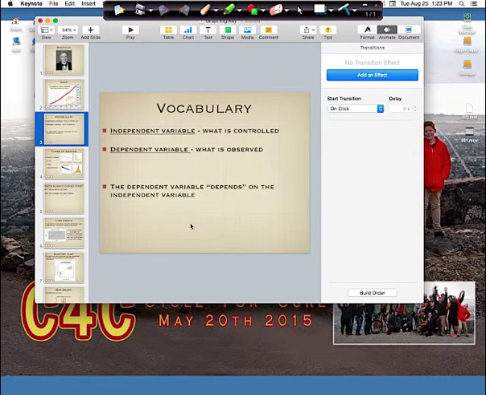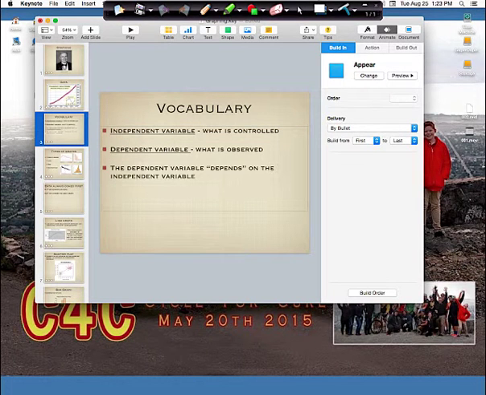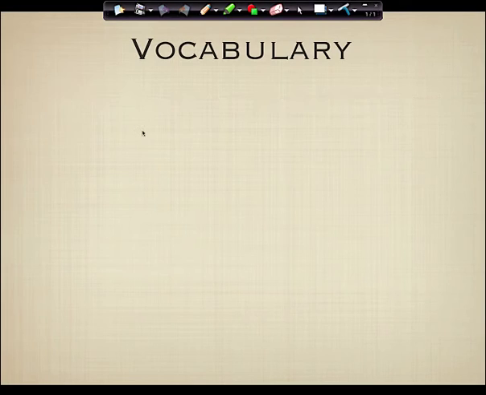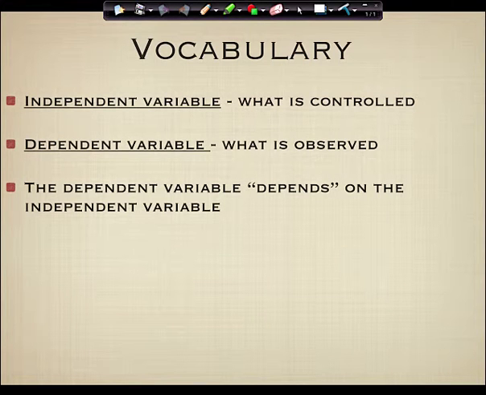So guys, if you want a way to think about this, and I'm going to move this up. If you want a way to think about this, frankly, this is what I fall back on when I can't remember which is which. The dependent variable depends on the independent variable. And I know that that seems obvious, but I swear to you, when you get into the middle of this, you're going to go, whoa, which is which? And if you can construct a sentence like this and play with the direction that you put the variables, I promise you this will help. And I'll do that with you in a minute to help you understand. So guys, these are two terms that you just need to know.